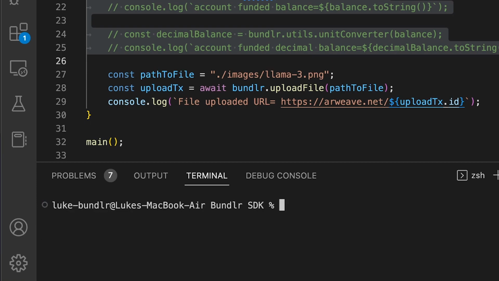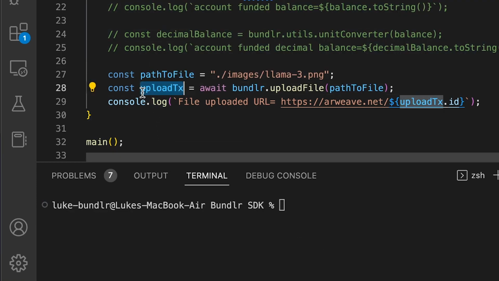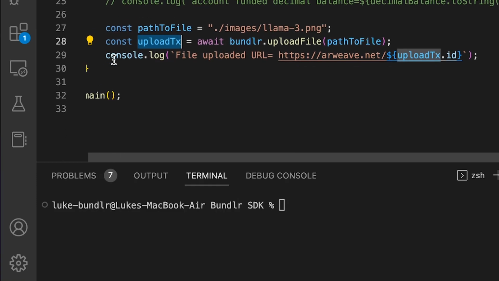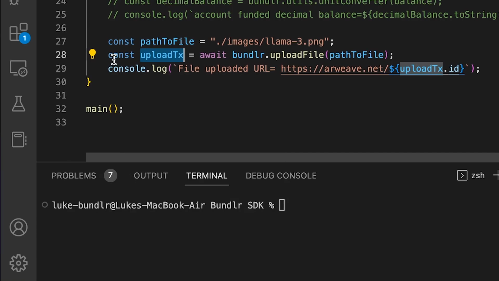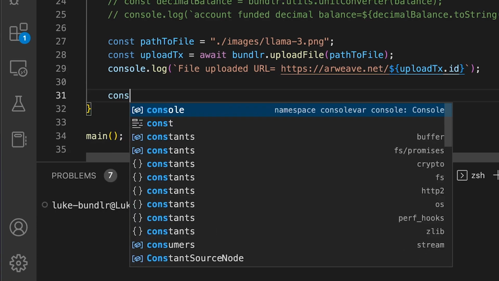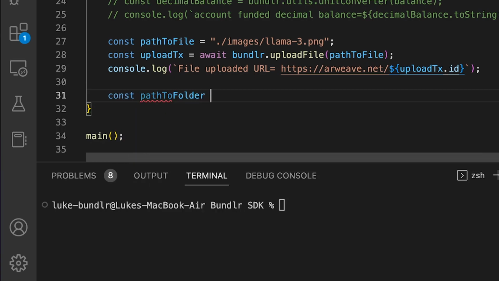Okay. Now, you can upload a single file with one line of code. You can also upload an entire folder with one line of code, right? Like it could be you're doing an NFT drop, you've got 50 NFTs, 500 NFTs, 10,000 NFTs, one line of code, you upload them all. Far out, huh? Okay. Const pathToFolder, this time, equals, oops, I'm a double quote fan, and just the folder.